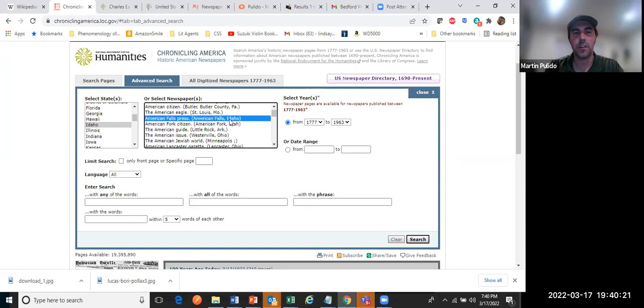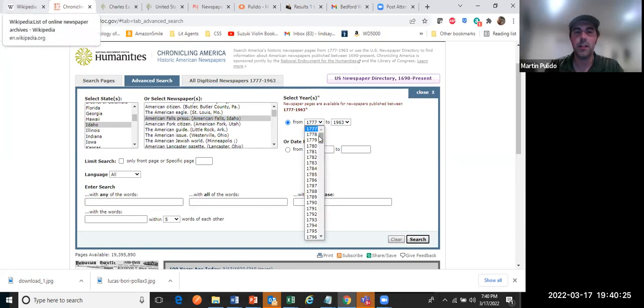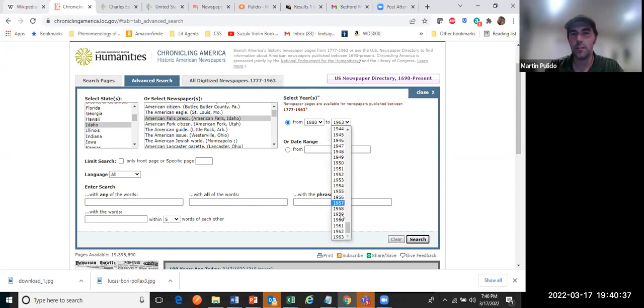Look at that, American Falls Press. Now for the range, I'm like, well, he didn't live until the Civil War, so there's no real reason for me to look there. And he didn't even move to American Falls until quite a bit of time after that. So I'm like, you know what? Before 1880, there's not really any reason to look. He died in 1919, so there's no real reason to look beyond that,